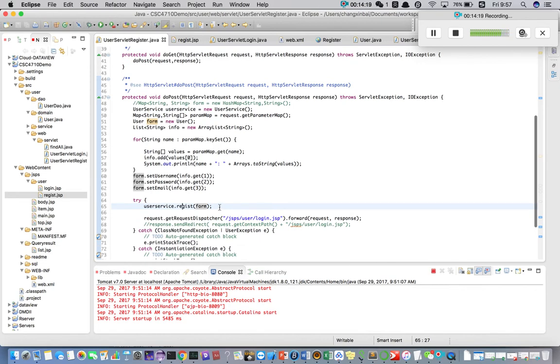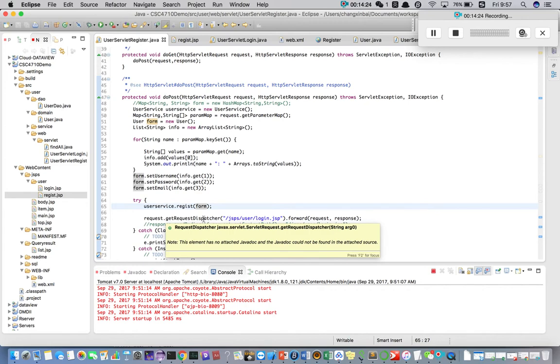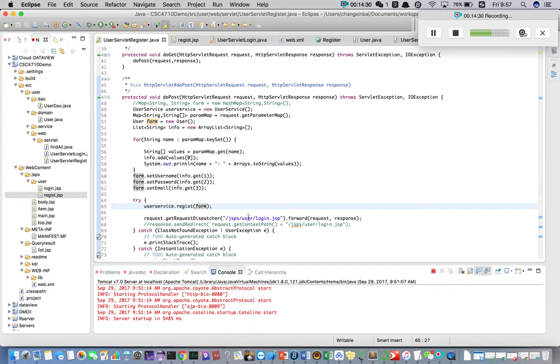And after this part is done, we can redirect this web page to the login page. Right now we are using the request dispatch method. Also we can use another method, which is the send redirect method. These two methods have a difference. You can Google to get some more details about the difference, but I want to mention that the first one you are using